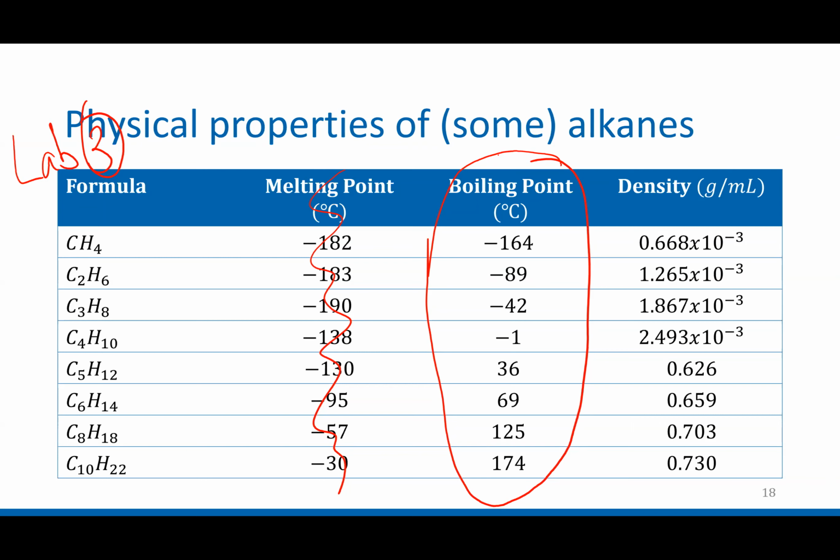And the trend, and if you're not familiar with that word, like pattern, is as my carbons get bigger, my boiling point gets higher. And it might be a little confusing to see a number like negative 164, negative 89. All that this means is those are all gases. And I should say gases on Earth. There are not many places on Earth that get colder than minus 42. But it gets really interesting